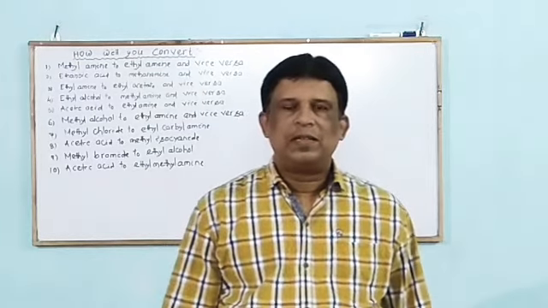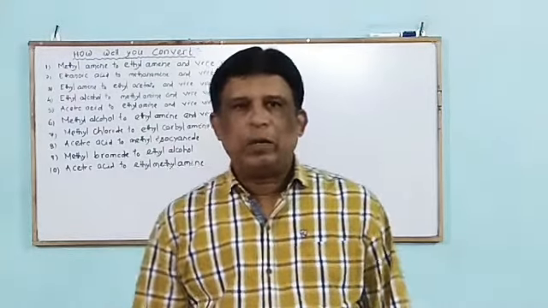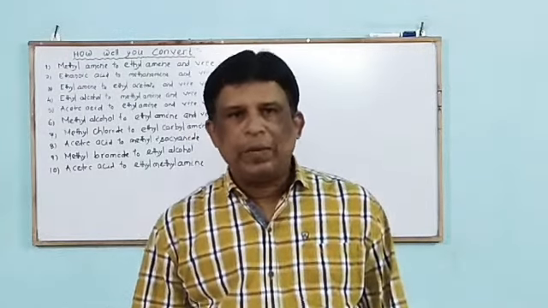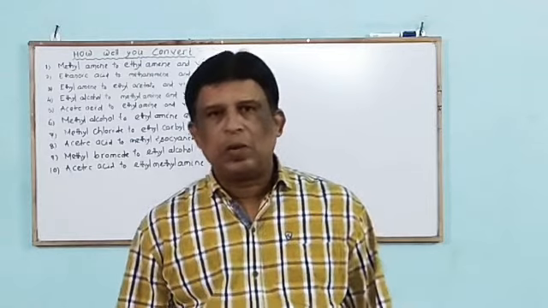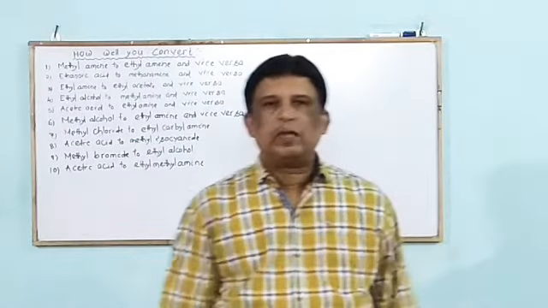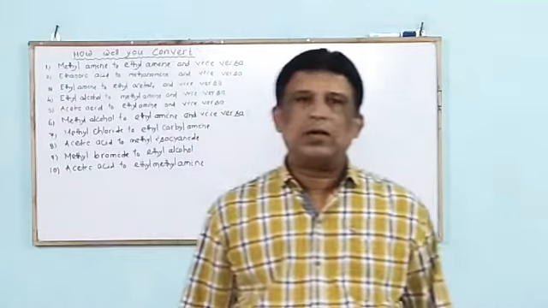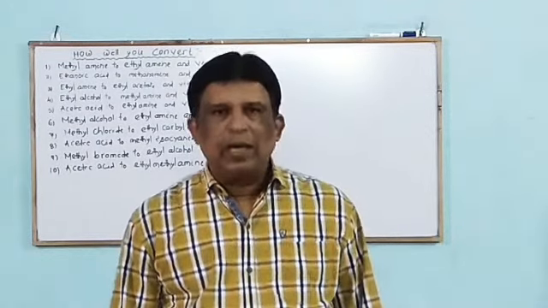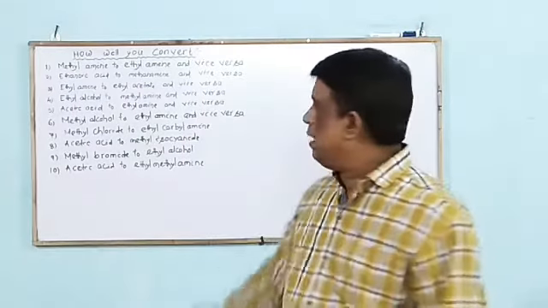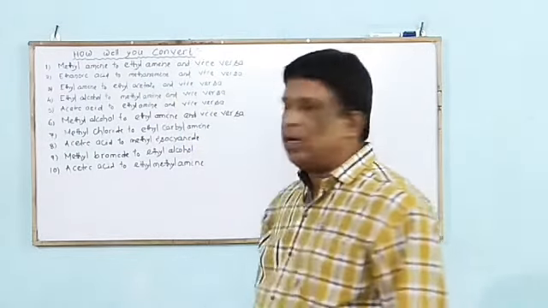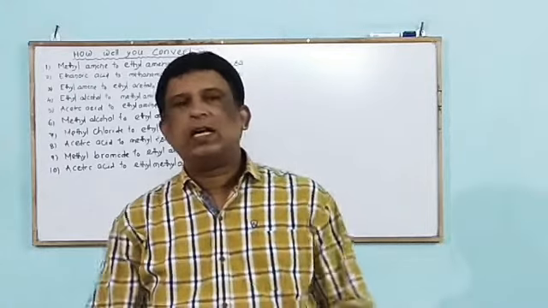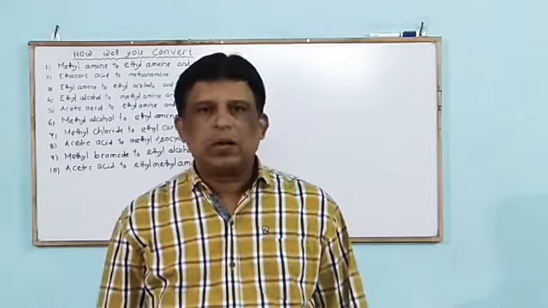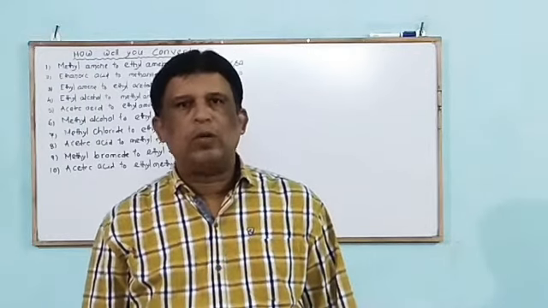Good morning, students. After the completion of the theory part for the chapter nitrogen containing compounds, that is amine and benzene diazonium chloride, and having already covered in the previous class the identification of unknown compounds, aliphatic and aromatic, today we discuss another segment, that is conversions, or how you convert. It is again two parts, one for aliphatic, one for aromatic. Today we discuss the aliphatic part. Let us solve one by one.